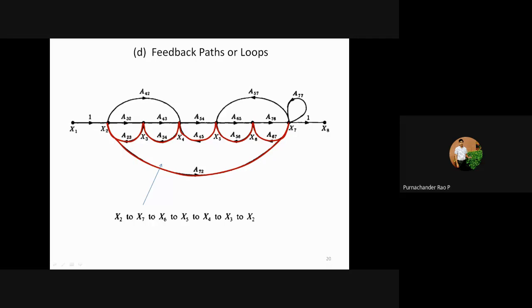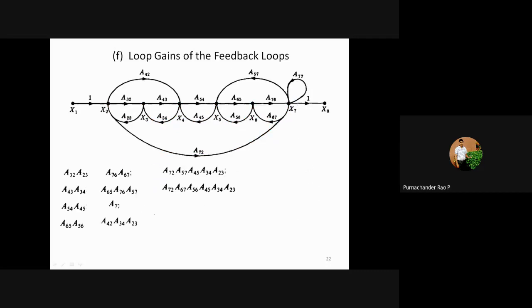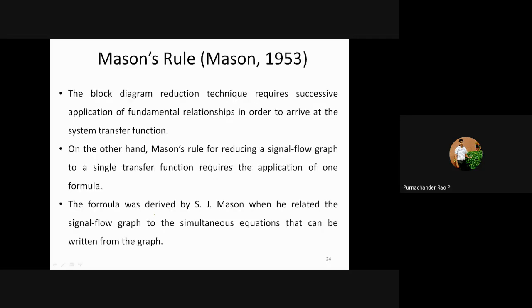Okay. And the self loop. Then these are the loop gains, all the loop gains. Okay, so these are the path gains. So with the help of all this introduction, we need to go for Mason's gain formula or